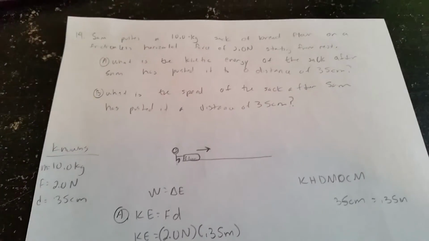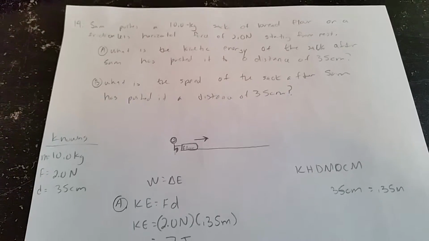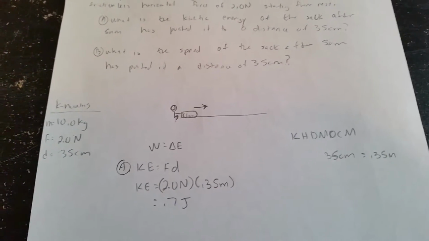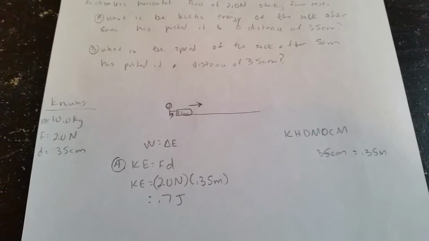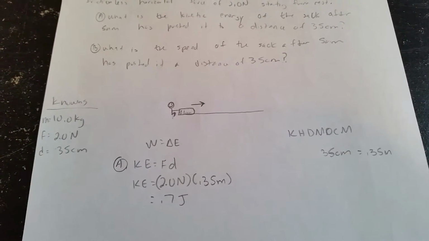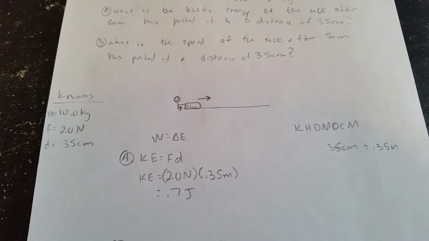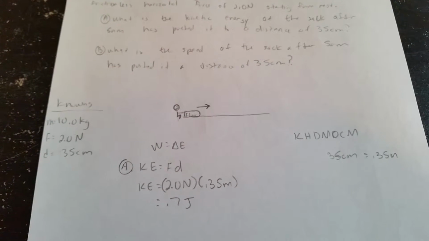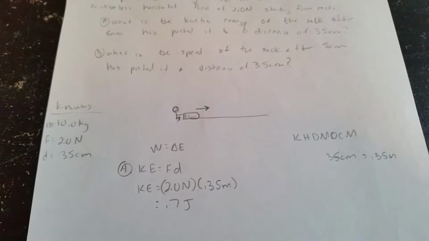The first part asks for the kinetic energy of the sack after Sam has pushed it a distance of 35 centimeters. So its work is equal to the change in energy. The formula is force times distance. So you can just multiply 2.0 newtons, being the force, times the distance. I converted the centimeters to meters just because it'd be easier to get the joules. So it gives me 0.7 joules as the kinetic energy,